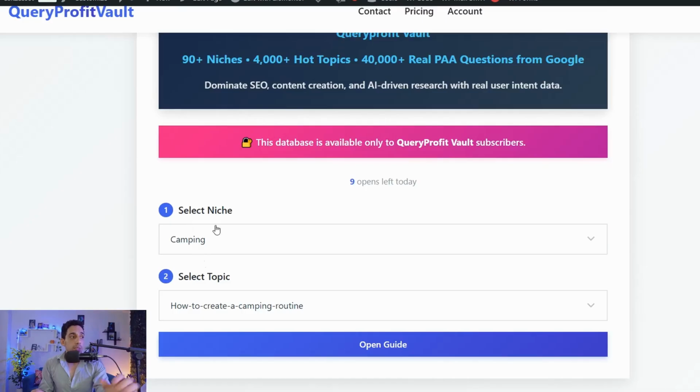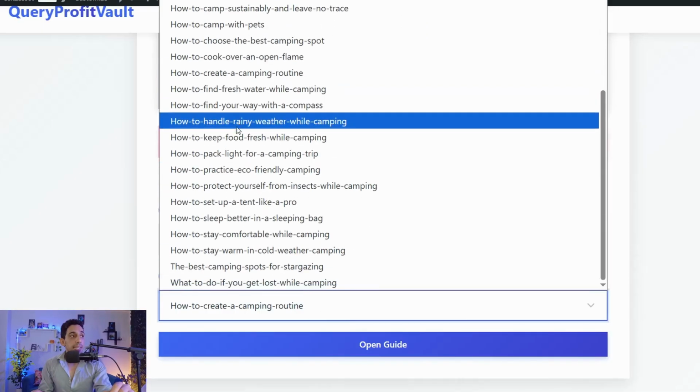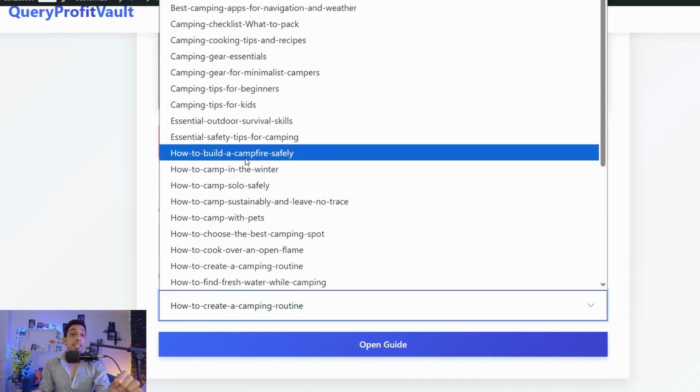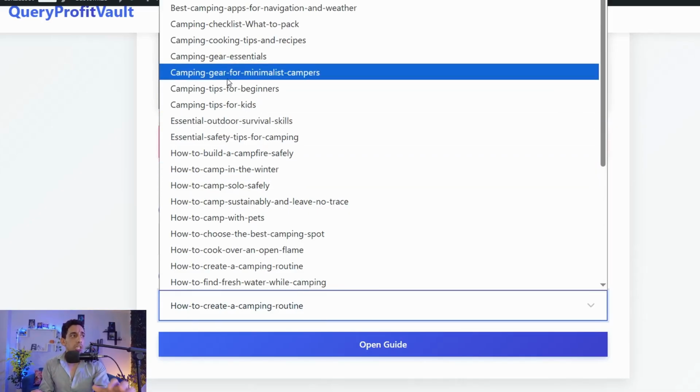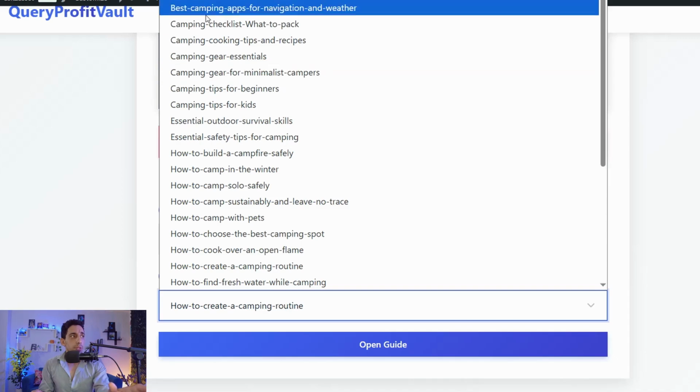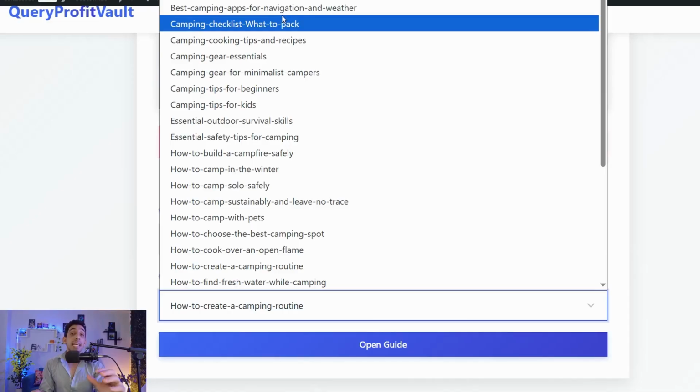For this one, for example, camping, you can select your topic here. You can find tens of hot trending topics, like camping tips for kids, gear for minimalistic campers, best camping applications for navigation and weather, etc.